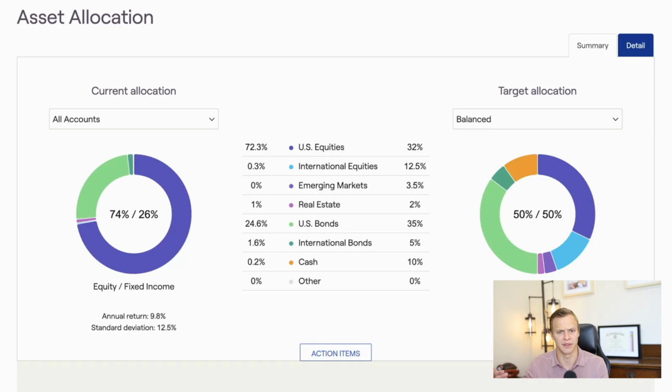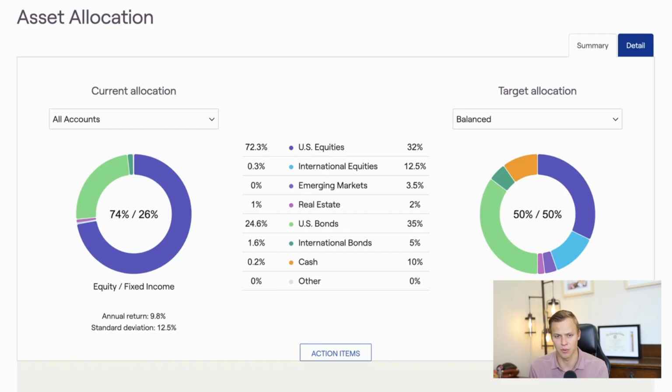Now let's look at geography risk. Geography risk is something that impacts everyone. Having too many of your eggs invested into one geography. And as we can see here, of our equities, we have 72.3% of the 74% invested in US equities, with 0.3% in international equities and 0% in emerging markets. Well, the reality is we should probably look at this and make sure that this is aligned with our goals, because we are carrying a lot of geography risk relative to our equity allocation, with virtually 100% of it being invested in US equities.